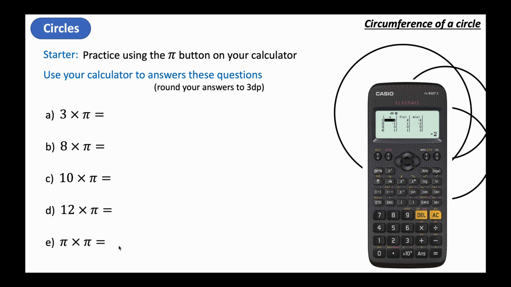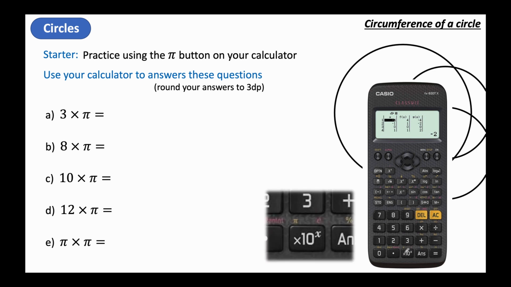Now, if you've got one of these, the sort of ones we sell at school, the new Casio one, which is really, really good, your pi button is at the bottom. The slightly older version that they used to sell is really similar as well. You can't really see it there, so I've enlarged it a little bit, but look, there's a little hidden pi button just above the times 10 to the x. What that means is you need to press shift to get that one. The shift button is that one there,